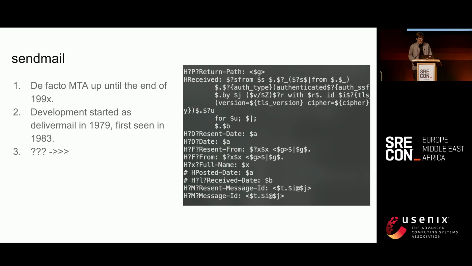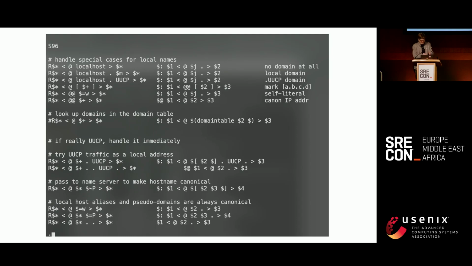All right, so I will skip for those who don't know, and this is probably familiar. Some of you can say what it is. It's like the deliver mail, sendmail, developed in 1979. I was born in anyway, that's my birthday present. I have to run with it. But this is the config, right? You look at this wonder, right?